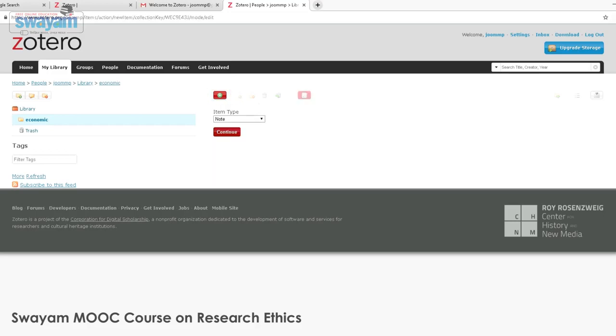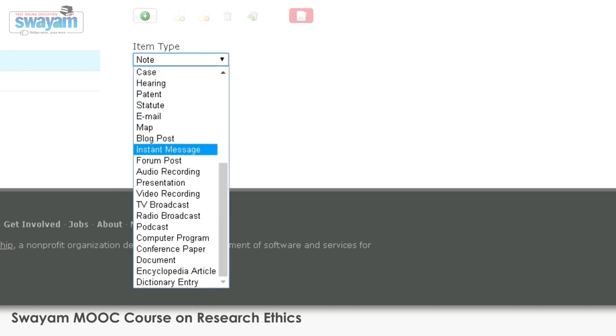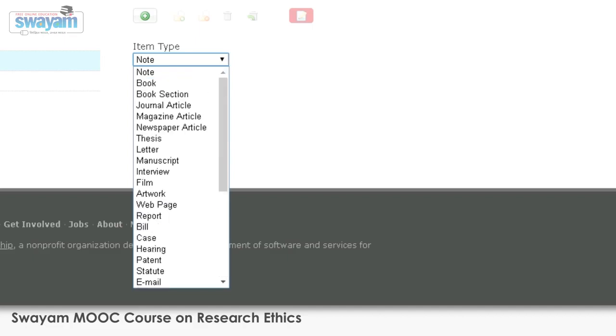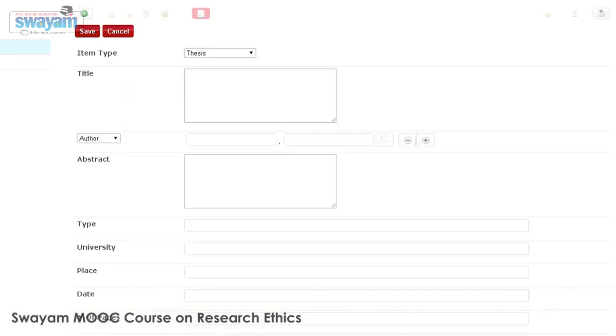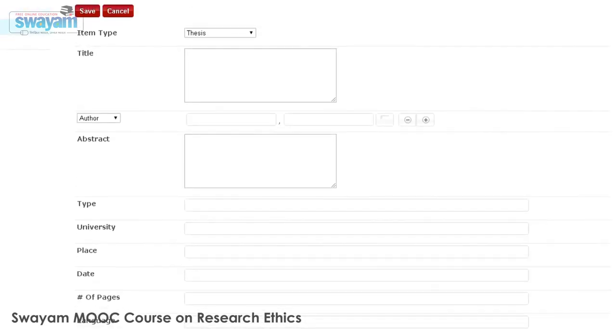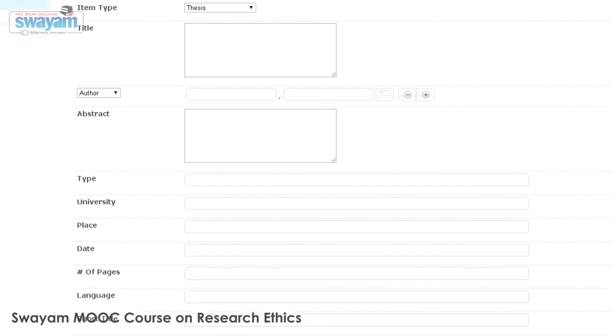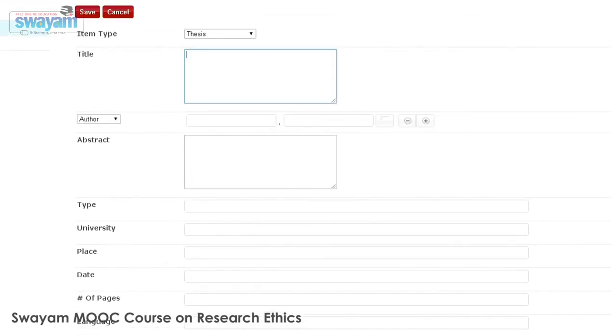plus button. You can see here different types of items are available. Select whichever item you would like to enter. I will select thesis here and just click on continue. The moment you select the item type, the fields will be customized accordingly. Here you can see the title, abstract, university field has appeared, place, language. These are the fields which are related specifically to a thesis. So now if you would like to enter the details, you can see here I am entering